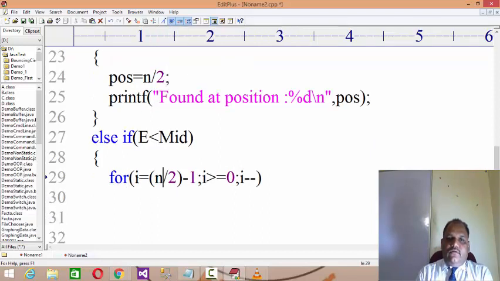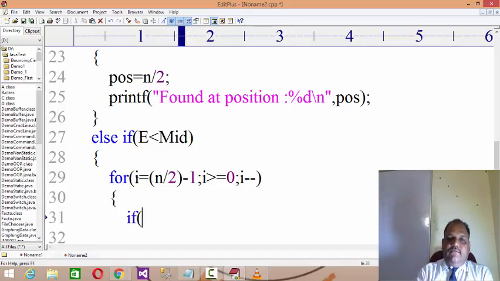Because it is less now, you have to move to the top. You start from n by 2 minus 1 because n by 2 you already checked. The element is less than mid and the array is already sorted, so obviously it is available in the top position.